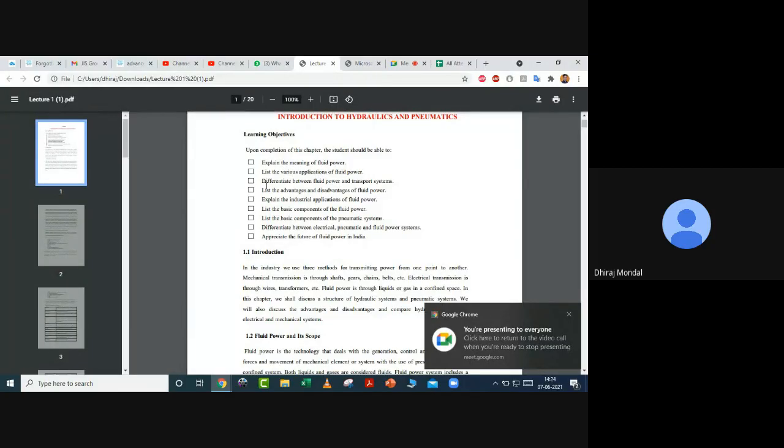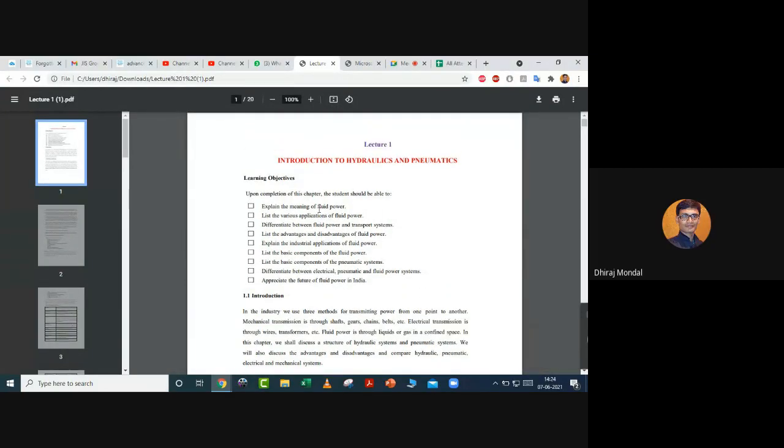So, when I'm introducing this hydraulic and pneumatic system, hydraulic means by the help of liquid, and pneumatic means mainly air. Here we are using some oil, or here we can use some air. Both are fluid. So in hydraulic and pneumatic system, what we will discuss is the meaning of fluid power,